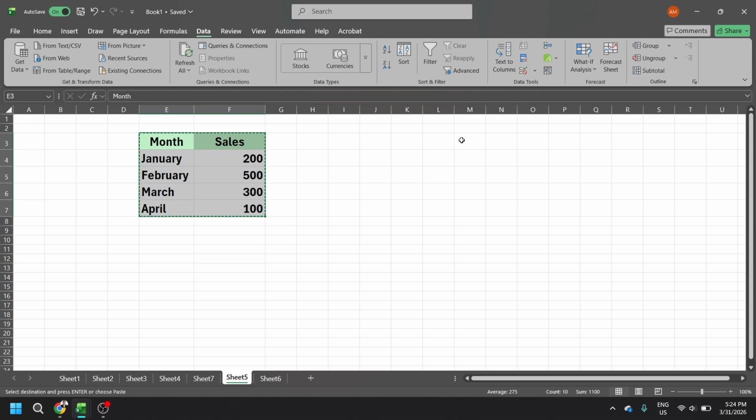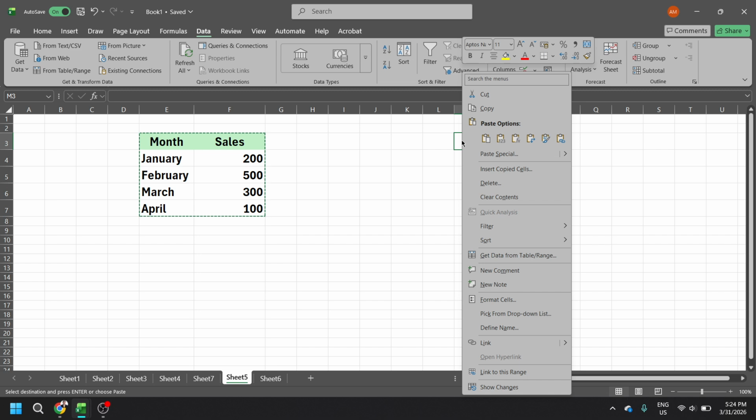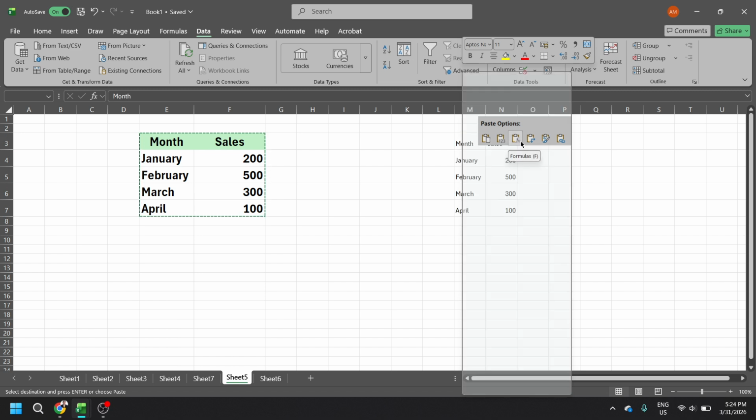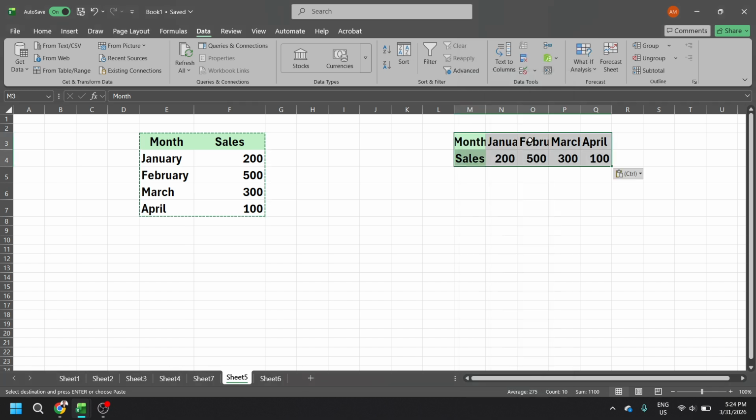Now right-click the destination cell and choose the Transpose Paste option. In the menu that appears, look under Paste Options for the icon that shows 2 arrows crossing. That's Transpose. Click it, and Excel instantly flips the orientation, pasting your copied data so columns turn into rows and rows turn into columns. If you prefer the ribbon, you can also open the Paste drop-down on the Home tab